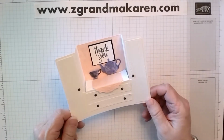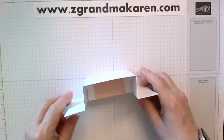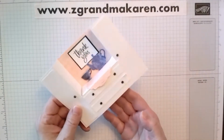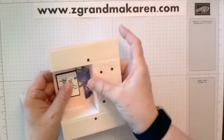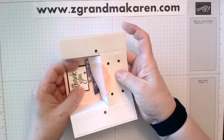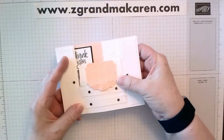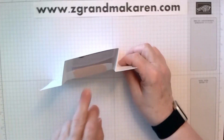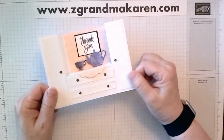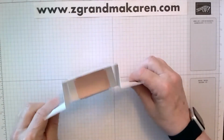It's called a bench card. You can see it stands up like that and it can fold flat. I'm pushing the flap in from underneath, pushing it up, and then you can mail it flat. And then when you open it up, you push this down and you have the cute, this one is a